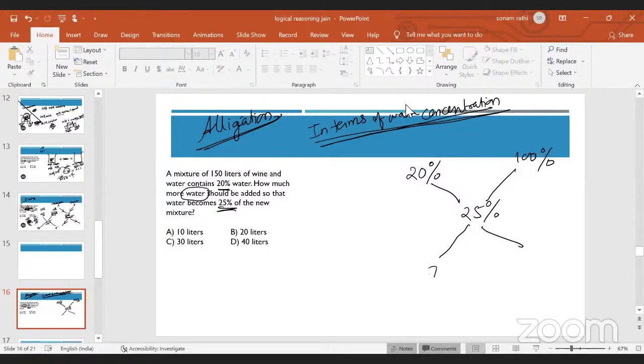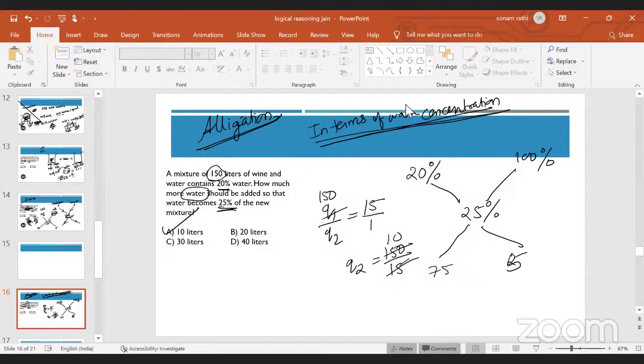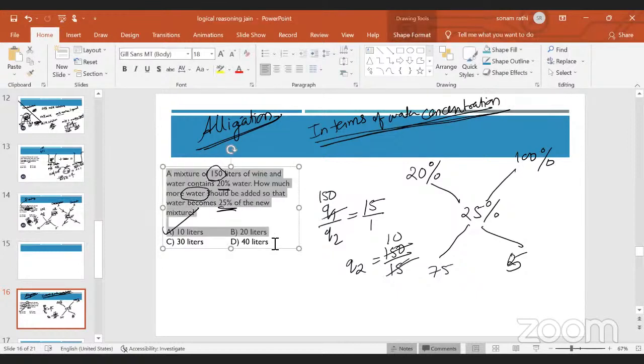And that's how you get 75 is to 5. That is 15 upon 1, Q1 upon Q2. Q1 is given to you. First mixture is 150. So Q2 is equal to 150 upon 15. So that is 10. Correct? This was your answer. The same question can be done in terms of